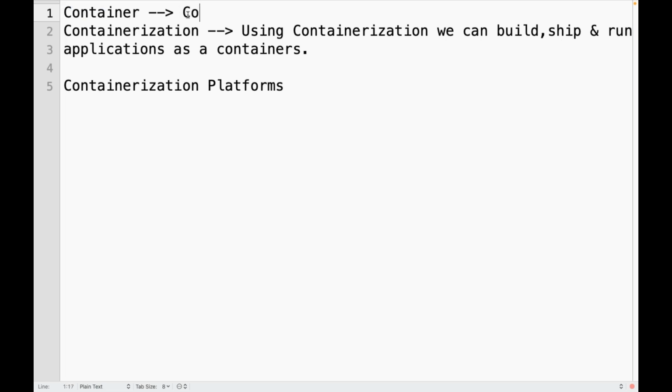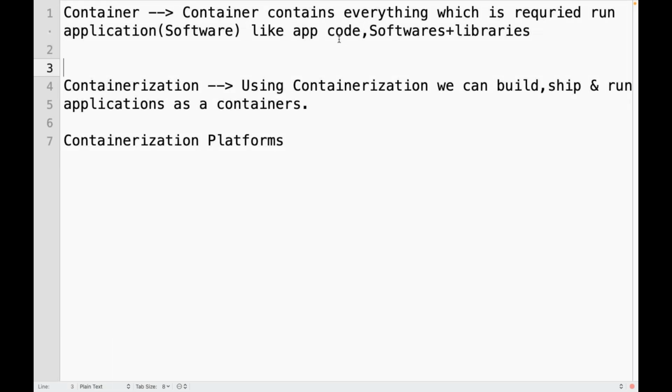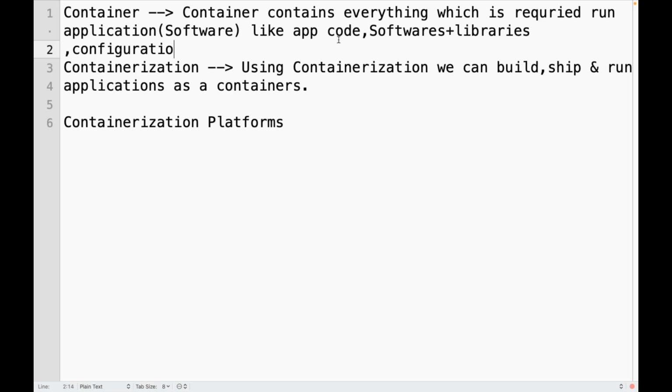A container contains, as I already told, everything which is required to run an application or software. Basically, an application is nothing but software, which contains everything required to run it: application code, software plus libraries, whatever libraries are required, configurations, environment variables, etc.